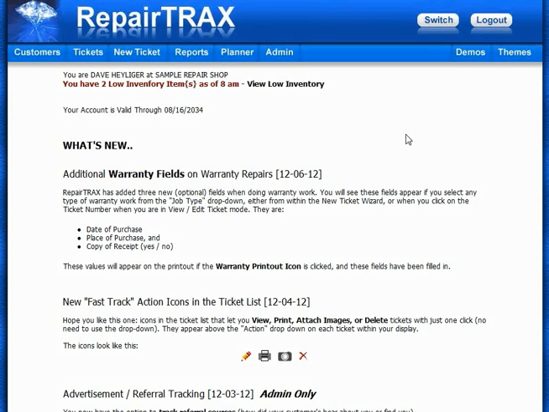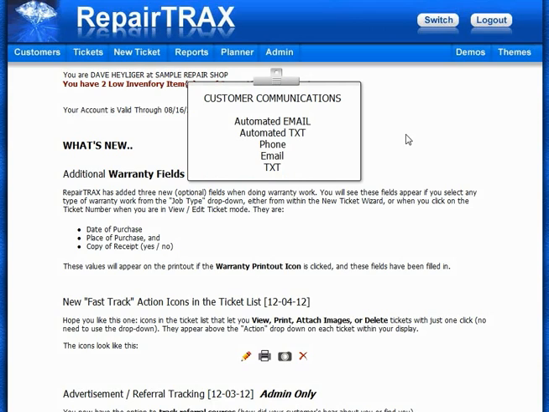In this demo, we're going to cover customer communications. With RepairTRAX, there's already automated text and emails that can be sent, but you can also now record phone conversations, send an email through RepairTRAX and have it saved and stored, or send a text through RepairTRAX and have it